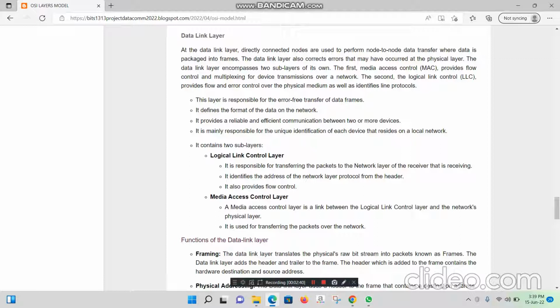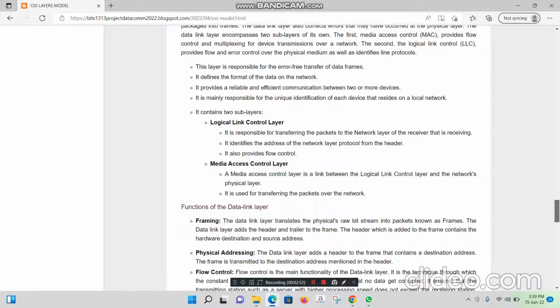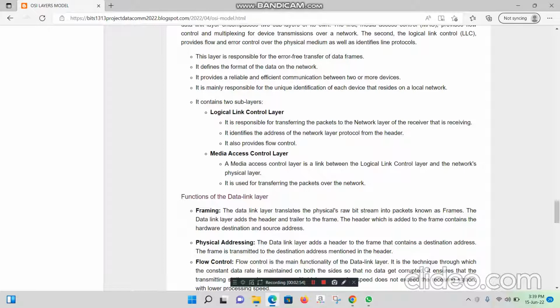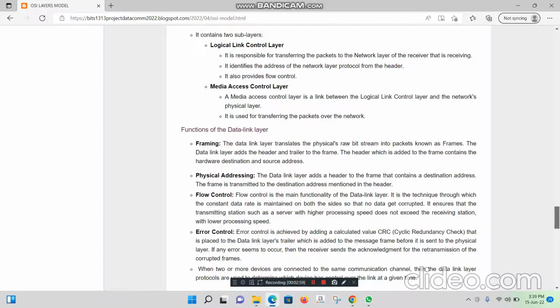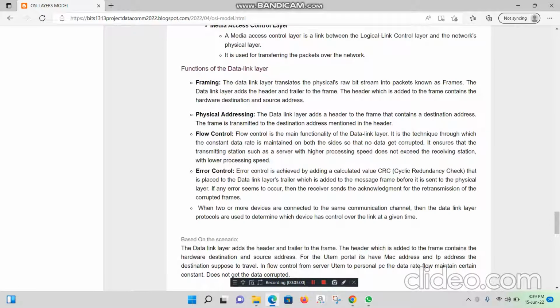It provides reliable and efficient communication between two or more devices. It is mainly responsible for unique identification of each device that resides on a local network. It contains two sublayers, the logical link control layer and the media access control layer. The functions of the data link layer are framing, physical addressing, flow control, error control, and